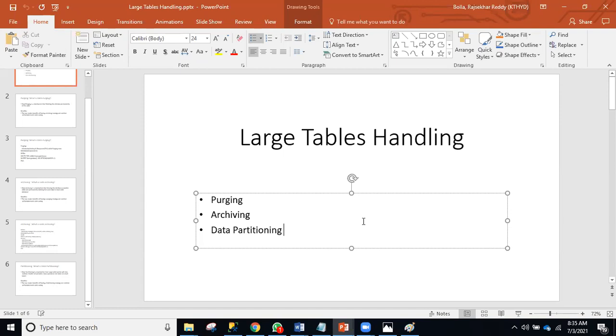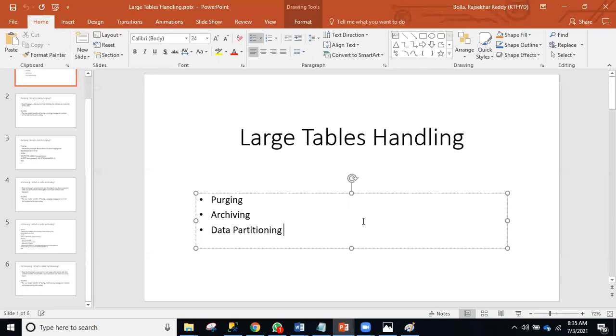Suppose all the data is really needed and they will use all of it. In such cases, what will you do? What is the other option? Data partitioning. Data partitioning means what?